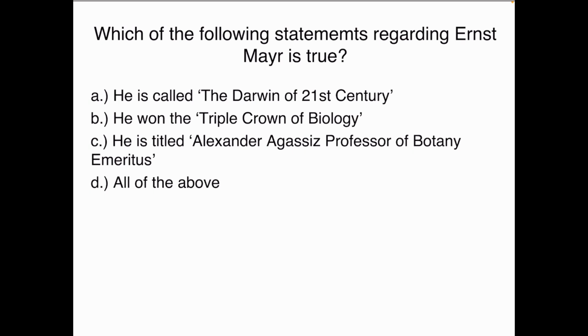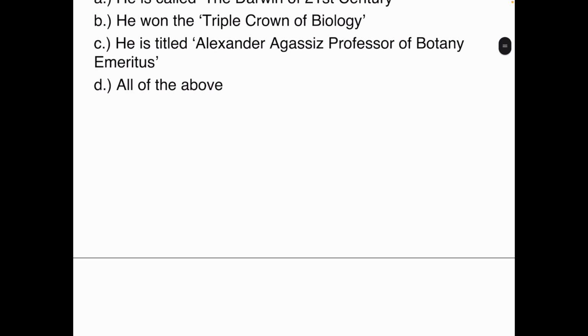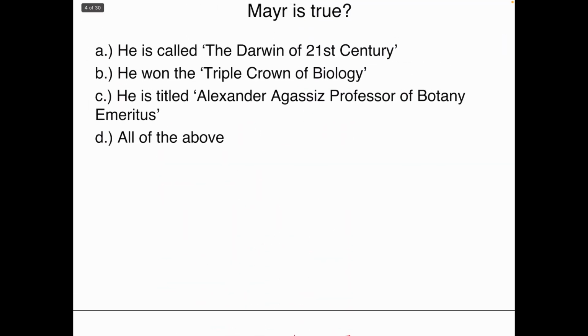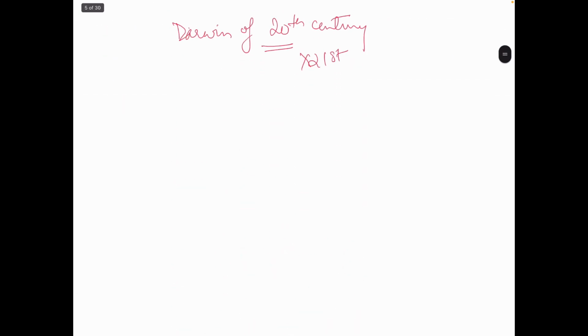Okay, getting back to the answer, let's understand this question first. Sir Ernst Mayr was called the Darwin of 20th century, not 21st century. I understand that many of you might be thinking that the option is D, but let's look at all the options one by one. Ernst Mayr won 3 prizes in biology, which are together called the Triple Crown of Biology. And those 3 prizes are: